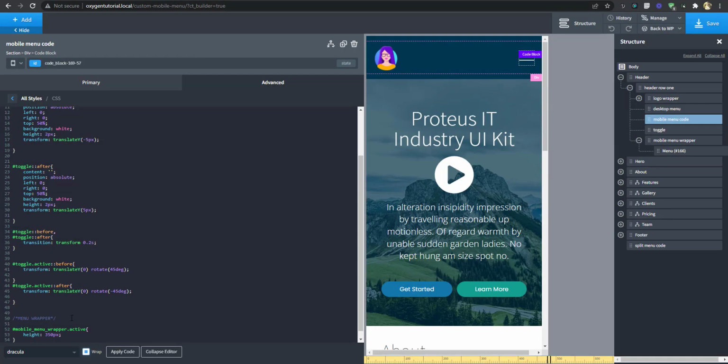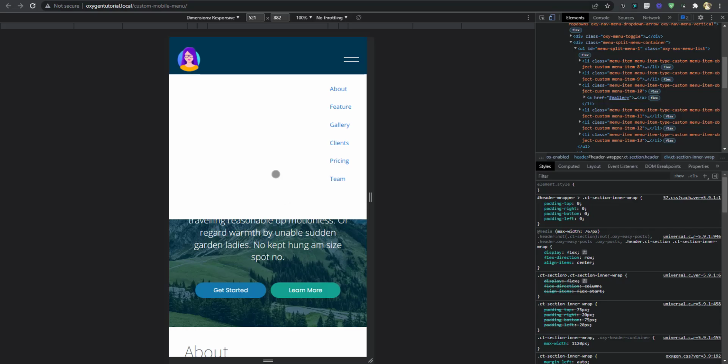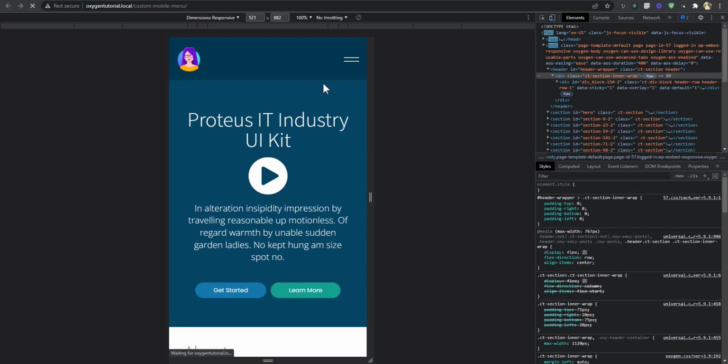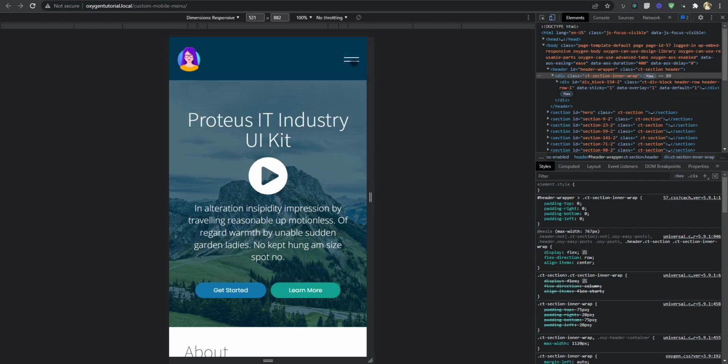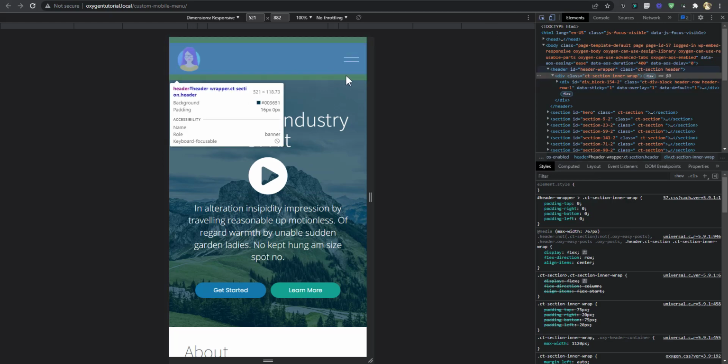We've already said that when we click on this, it's going to add an active class to that wrapper. So I'm going to save that. Okay, so that works. That's cool. I'm trying to figure out why that is.